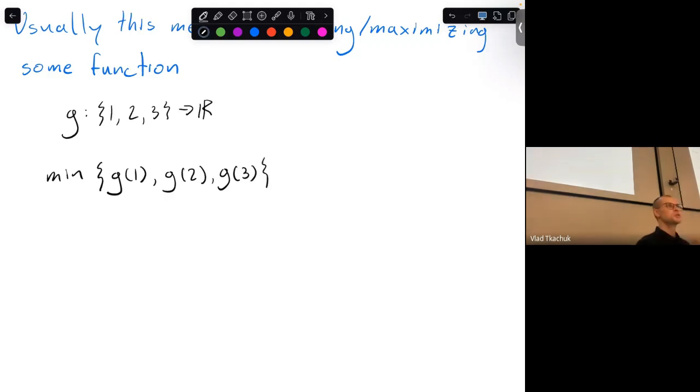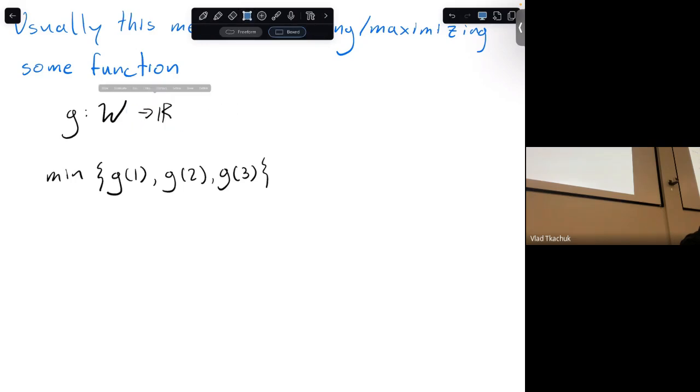Okay, and this value would be the minimum of your function, clearly, right? But you can already see that if you have a lot of inputs to your function, this notation gets a little bit ugly. And then you would have to write things like, oh, if this was, let's say, from the set W, then you'd have to write, okay, well, now I need to write the set of all values my function can take. And